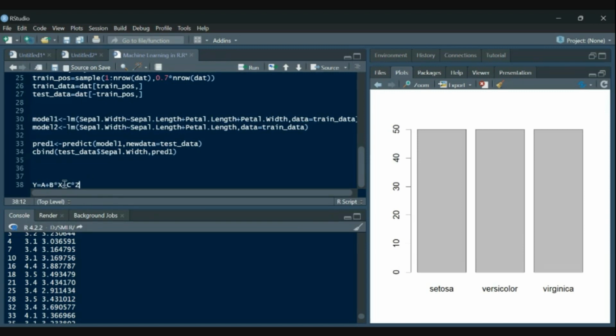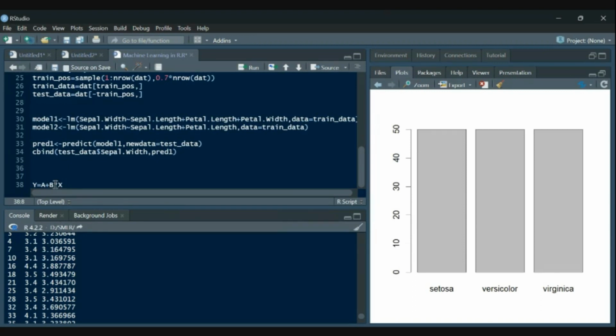Suppose I talk about only x right now. As we are a mathematics person, this is simply an equation of a line, right? Yes. So we have mx plus c, where we have that c as the a here, and then b is the coefficient of my independent variable.